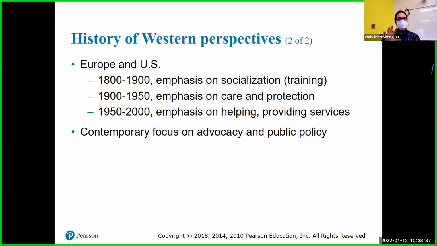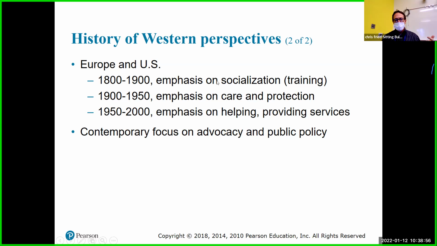If you think of the Renaissance period, that was more Europe, not necessarily here in North America. So, of course, other Western perspectives during these time periods here, right? 1800, 1900, 1950, 2000.